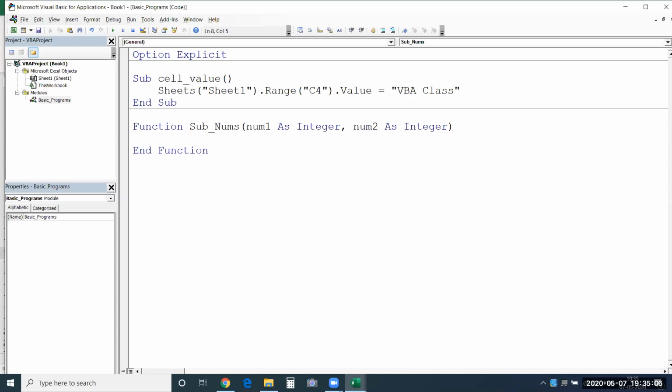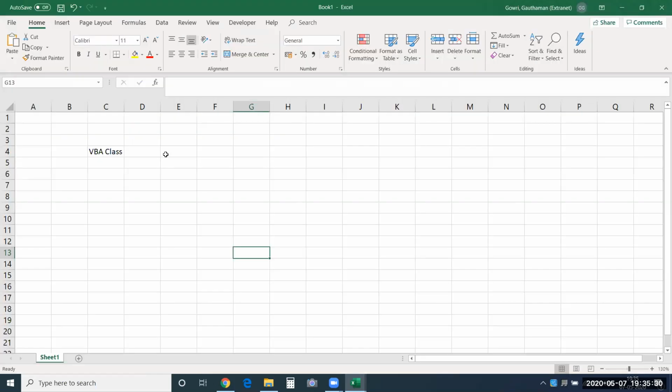So I can say SubNums = num1 - num2. I'll just give this. So this function can be used anywhere. You just have to pass variables to it and it will work. Let me show you how to use this in an Excel sheet. Now that you have given it, let me choose some numbers here.